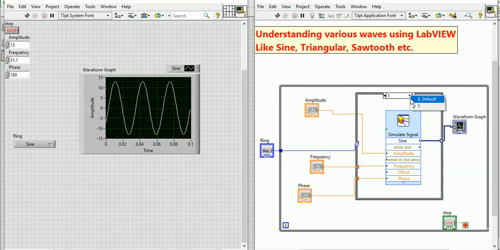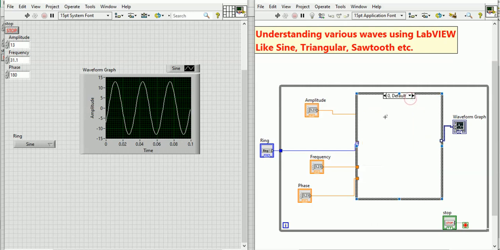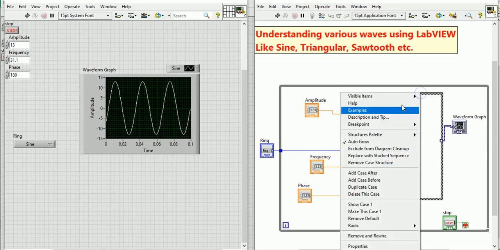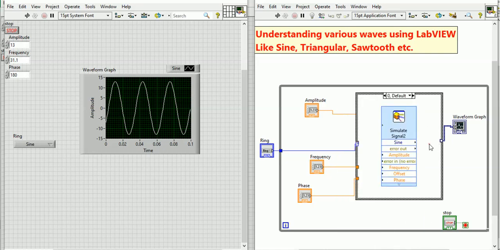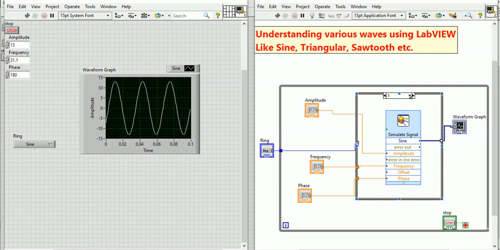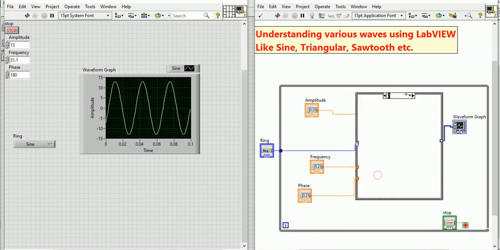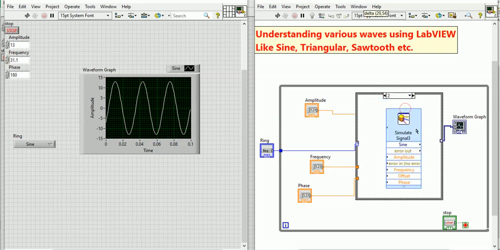Now I have to go here. This is the default case 0, and I can also create one more case, so add case. This is the default and this is the 1, and I will create one more case after 1, add case after, so this is the 2, and I am putting in the simulated wave.